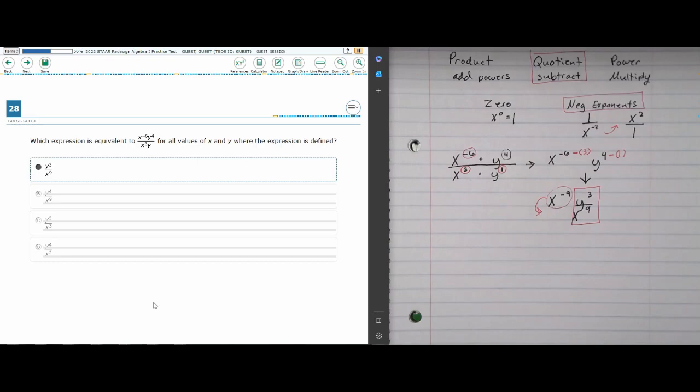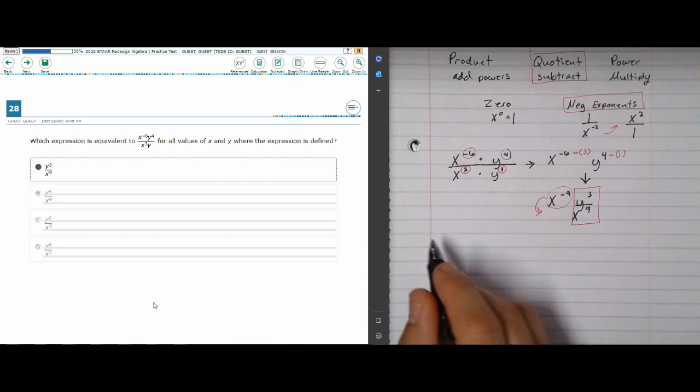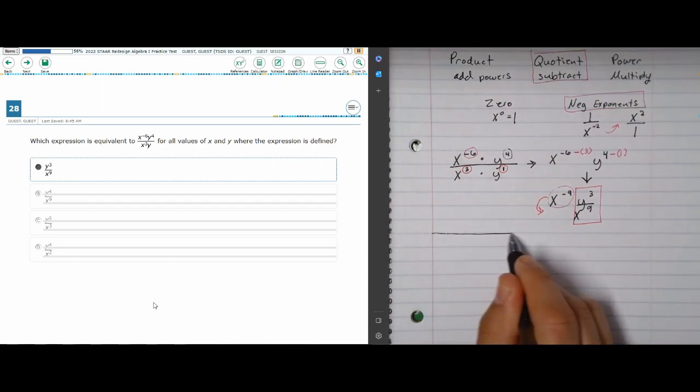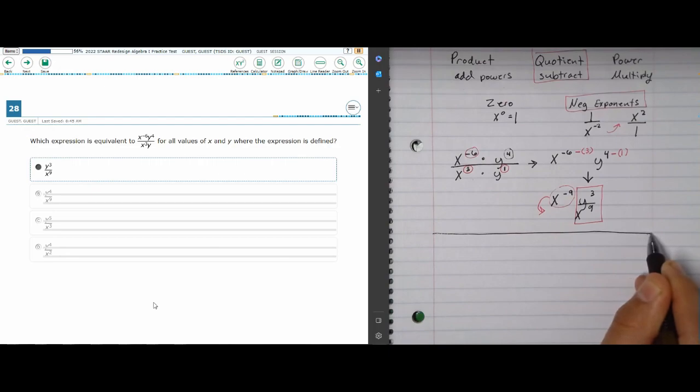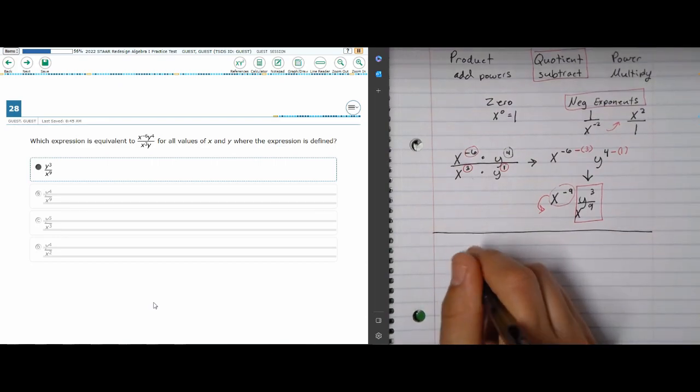Now for those who are going, Mr. H, I have trouble memorizing these rules. This is not going to work for me. Let me show you a really easy way to get the answer correct without having to use these rules, or if you just want to double check your answer. So here's the second thing you can do. What we can do is we will write down